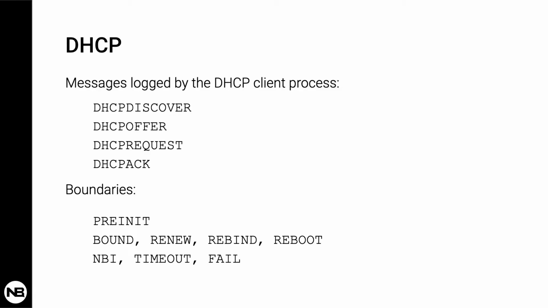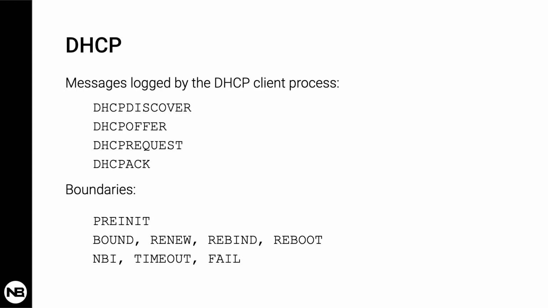So for instance, if you see in the log file pre-init, it means that this is the log message that says, hey, from now on you see messages related to, for example, the DORA process. And then the second line with bound, renew, rebind, reboot, any of those four states is basically a successful state once the DORA process went through. While the last line, NBI timeout fail, is when actually there is a DHCP error so that the client cannot